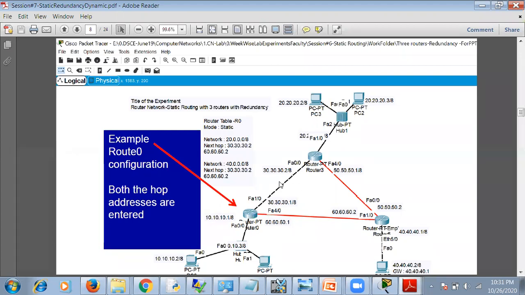or if this link is breaking down or if it gets corrupted, there's no path available, then it can take another route that is going through this link and through this link. Okay, so it has to travel to router 2, then 3, and then reach this 20 network. So we have to add 2 addresses. If you want to go to network 20, then either you can choose this path or you can choose this path. So you have to look at these addresses that is available here.